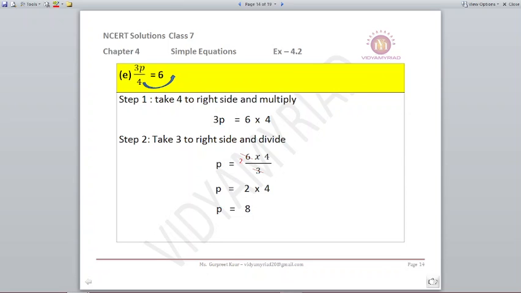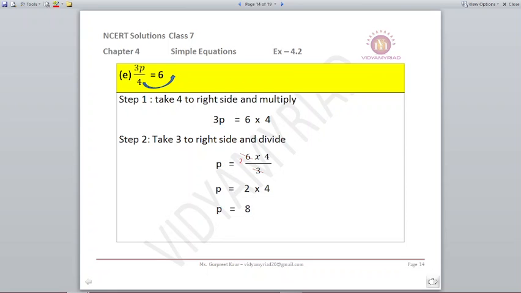So what does it mean? If on my left hand side there is a number in the numerator with the variable, on the other side when I change its side, then it will become divide, or it will become in the denominator. If it is already in the denominator on my left hand side and I want to change my side to the right hand side, it will be multiply. So take care of this, do lots of practice.